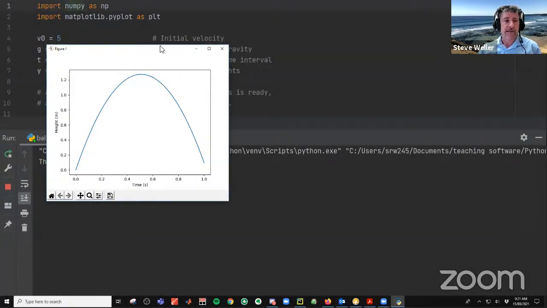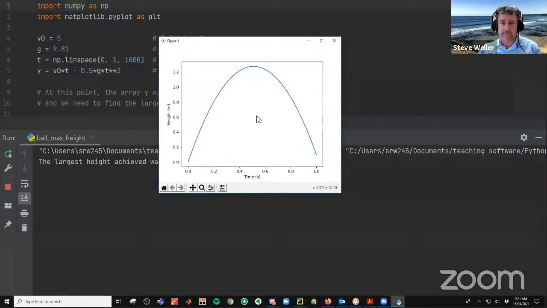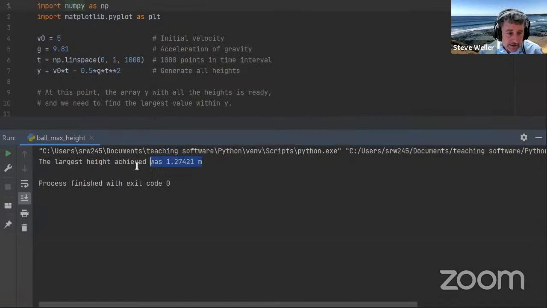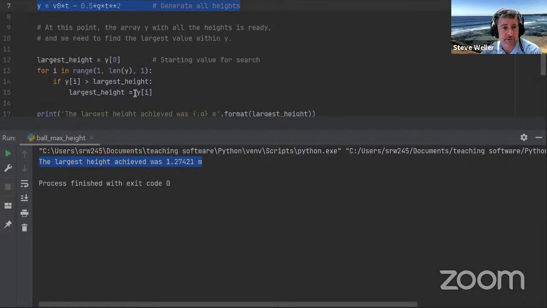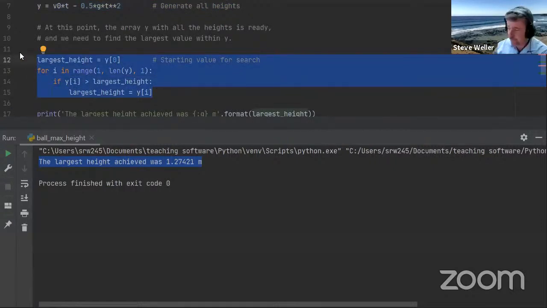If we do that, you see a couple of things. You see the plot, the curve of the height of the ball as a function of time. Seen that a couple of times now. Here's the key part, the new part. We've got a message displayed to the console that has computed the maximum height for us based on this array of ball heights here. So now let's take a look at the code in the middle of this program, which uses a for loop in order to compute the maximum height.